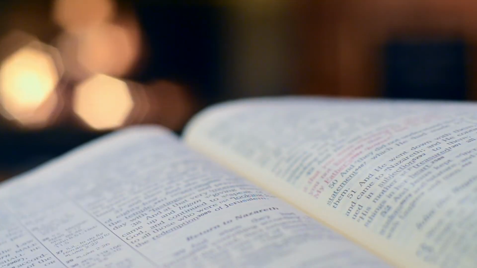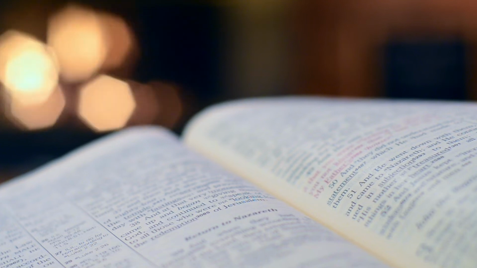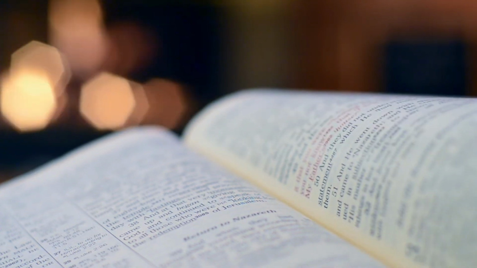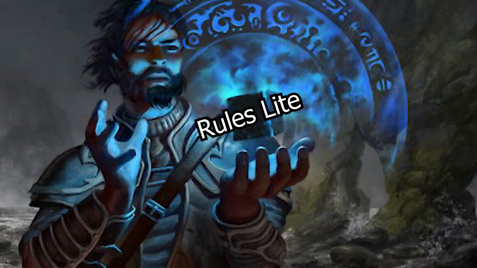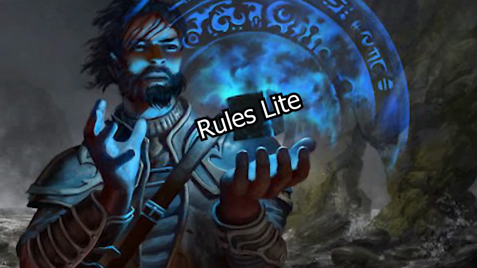A lot of different terms get thrown around in the RPG hobby, and for anyone who's new, it can be overwhelming. One of those terms is rules light. What does it mean, and why is there so much conversation on what is and is not a rules light